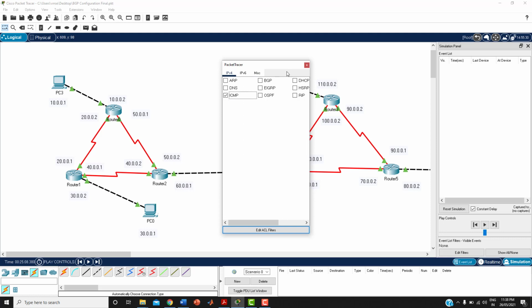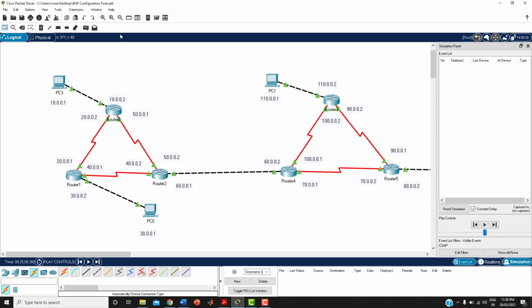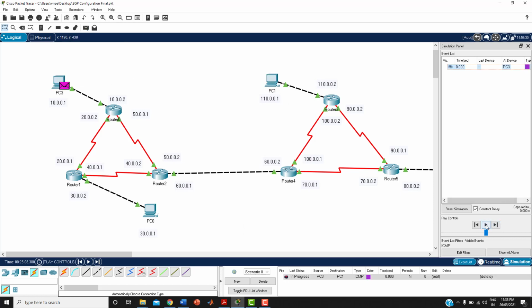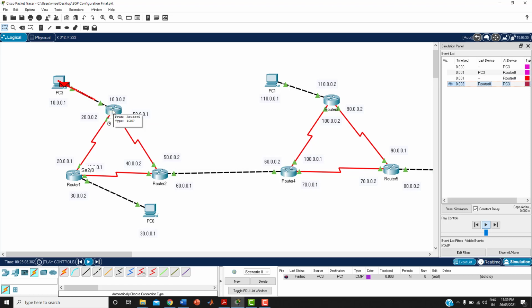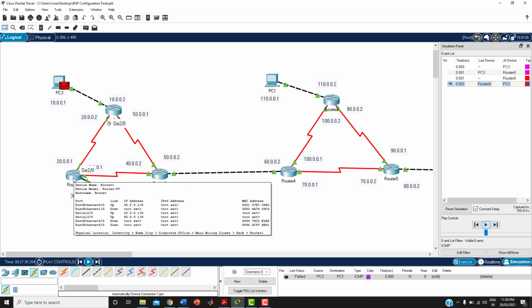Let me try a ping command from PC3 to PC1 and let us see where the packet stops. Here itself, that means in the router itself. What could be the problem? There should be some configuration we have to do here and here.